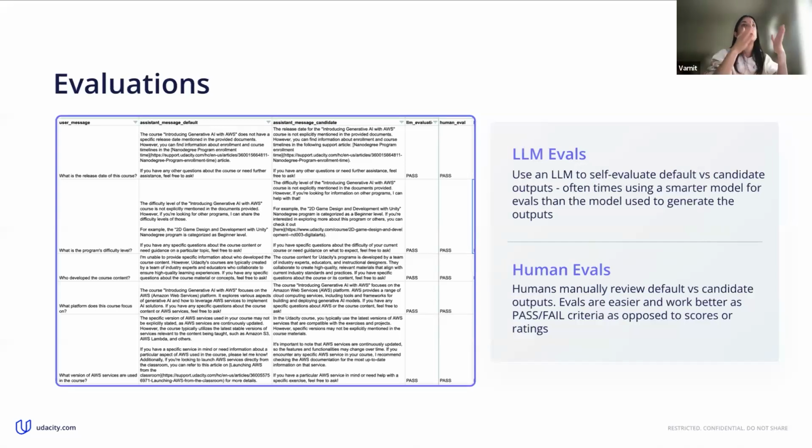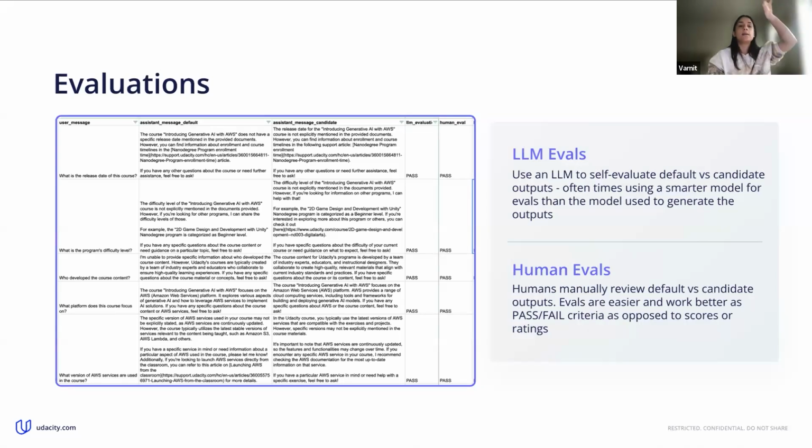The way that we've done it is I've hand curated a list of about 40 questions. Some of them are very deterministic, such as, what is the release date of this course? Or what is this program's difficulty level? Those are metadata tags that we have that the model should be pulling and responding with, keeping that data in mind. And then there are some questions such as, did this answer the user's question, that are a lot more subjective. And so we do LLM driven evals and human evals,